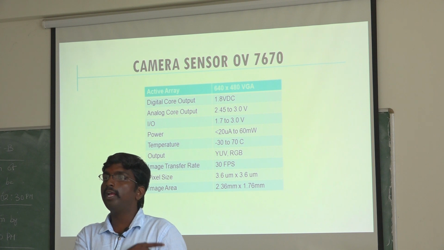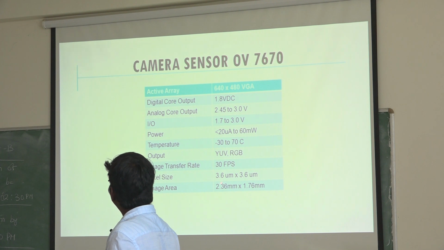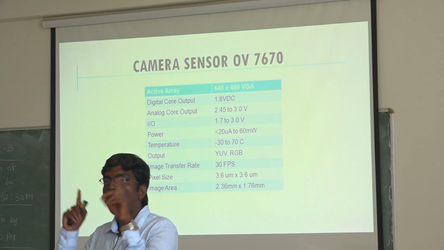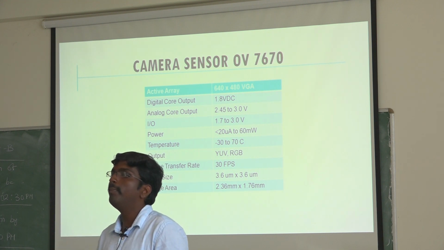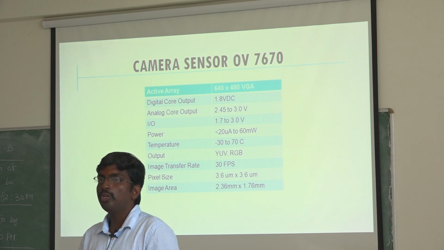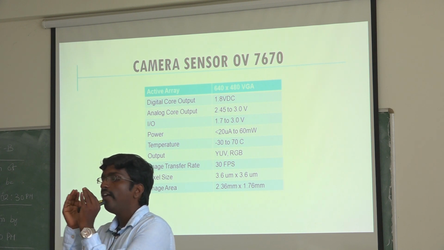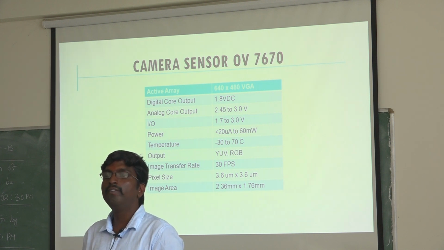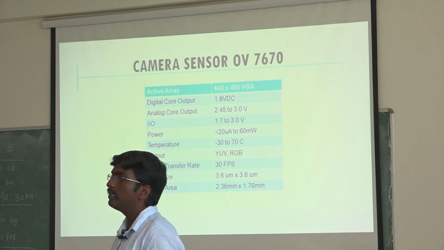Whenever I capture an image or video using this camera, the pixel size is 3.6 centimeter square. The image area means how much size inside the camera it is going to capture. Sometimes you may have heard that a larger lens will give you better quality for the same pixel, and a smaller lens will give somewhat less quality for the same pixel rate. So the lens size, or the image capturing area inside the sensor, will define your quality. This is the image area inside the camera.